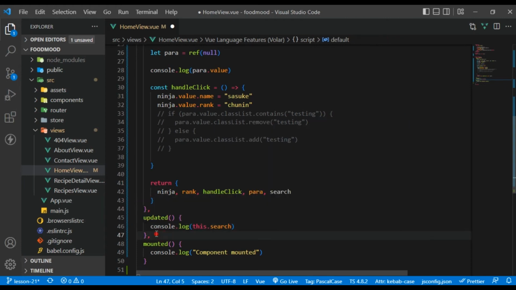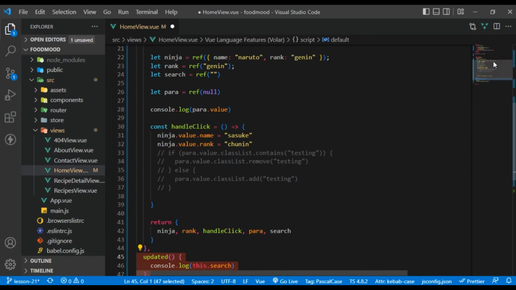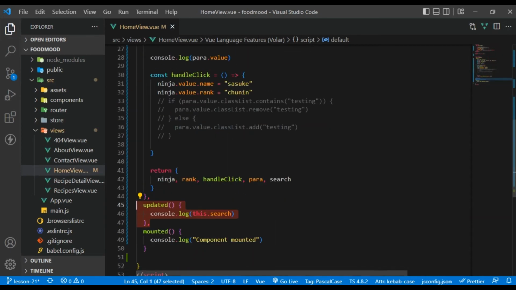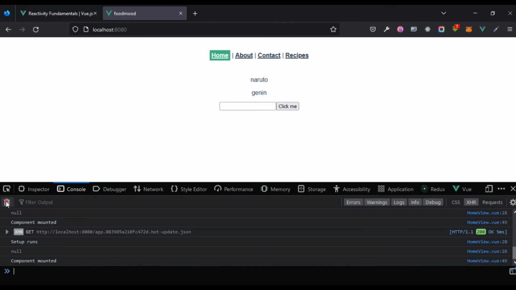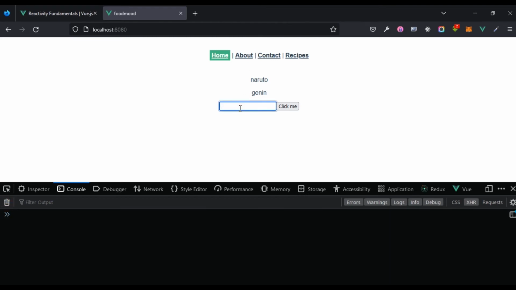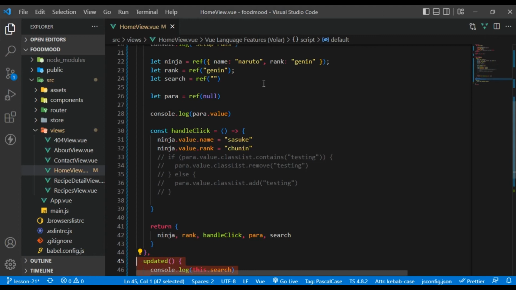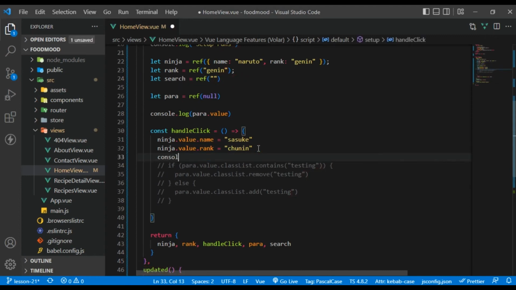Very shortly, I'm going to show how to make use of the lifecycle hooks inside of our setup hook right here. All right, so let's save this and let's come back to our browser, and I'm going to clear the console. So whenever we type anything, we can see it's getting updated right here, and we are logging into the console. And if we click on this button, to be sure that this particular value is also being updated right here, instead of just doing this, I can say console.log